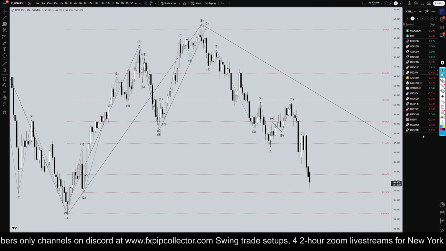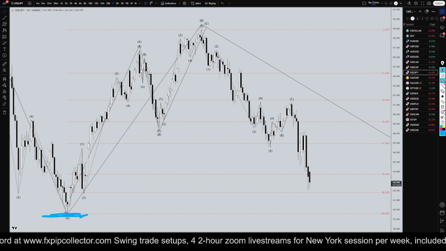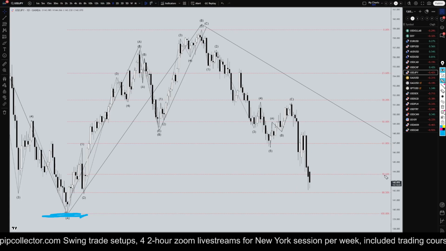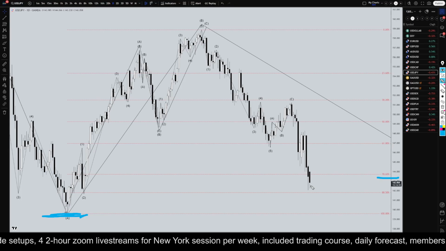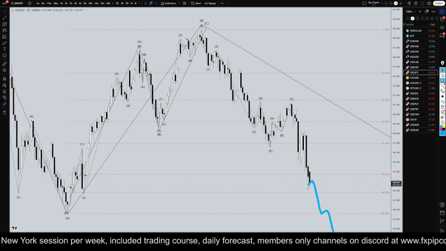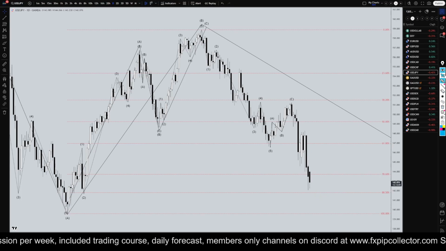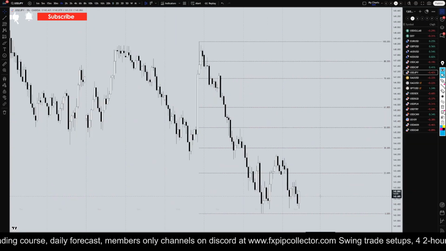If we go down to the daily time frame, I still think this is at least going to go down and take out the lower wave A over here. Now we are kind of at the 78%, and that definitely is an area of support and resistance normally. So maybe it will pull back there, maybe it will not pull back there. It could easily just continue to drift down, which is why I am only looking for shorts in a downtrend on the 1 hour time frame range.